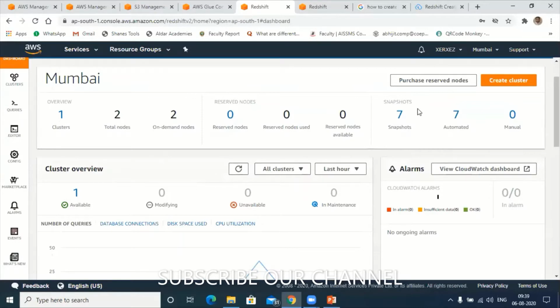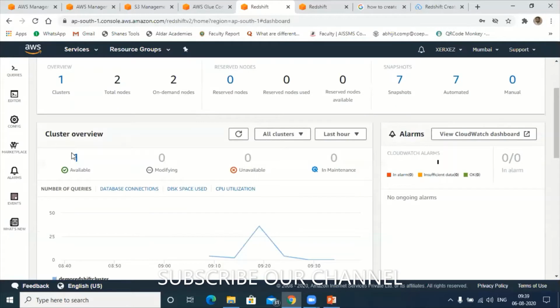I have taken around 7 snapshots, which are nothing but mirror copies of the cluster. While executing queries, it automatically took the snapshots. If something goes wrong, I can restore using this snapshot. Let me go to my cluster now.